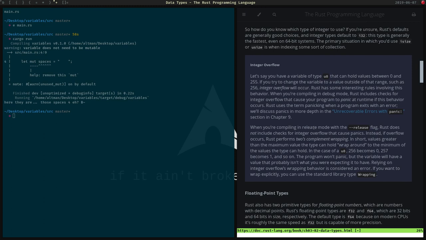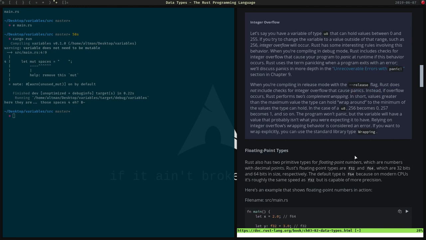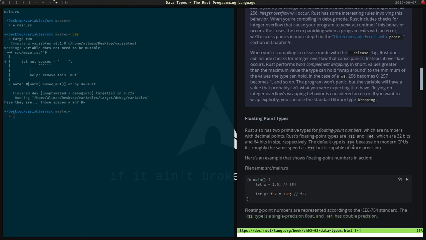When you're compiling in release mode with the release flag, Rust does not include checks for integer overflow that cause panics. Instead, if overflow occurs, Rust performs 2's complement wrapping. In short, values greater than the maximum value the type can hold wrap around to the minimum of the values the type can hold. In the case of a u8, 256 becomes 0,